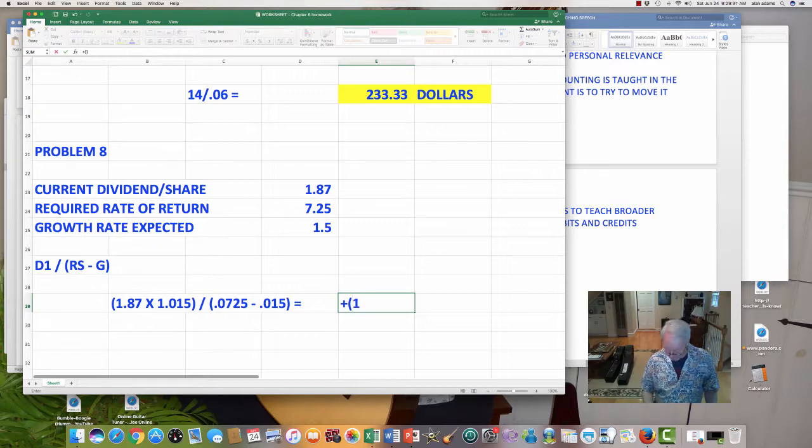We'll take 1.87 times 1.015, that's my numerator. I'm going to divide that by parens 0.0725 minus 0.015, and I get